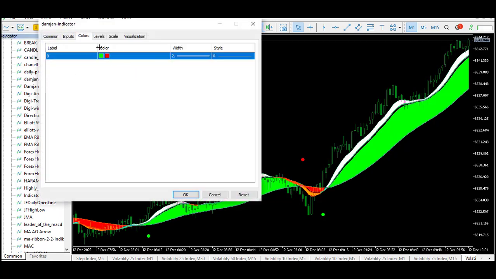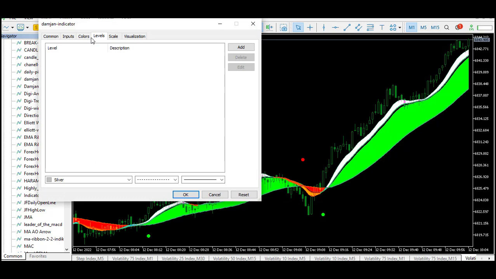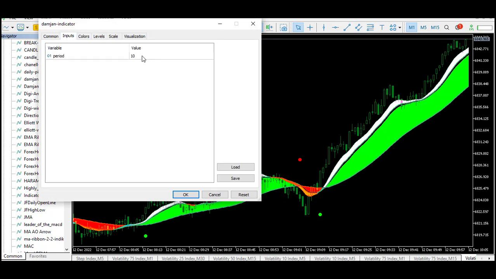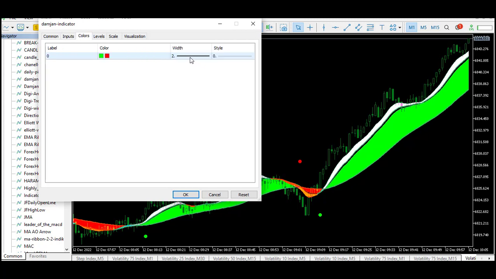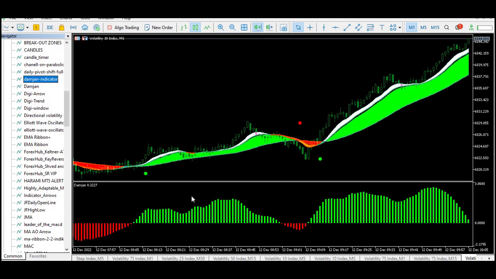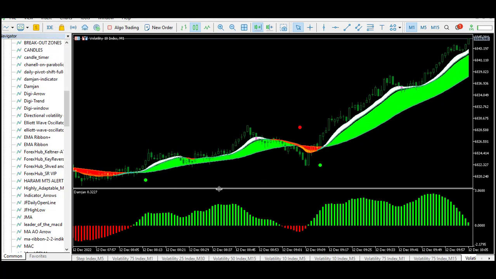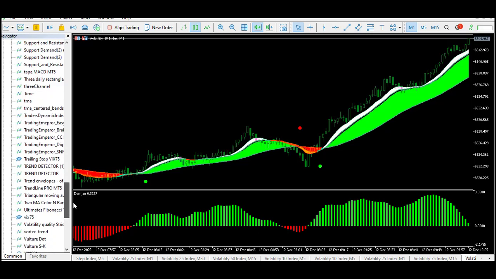This is the indicator, and the level, you can leave it or you add something, but the value, make sure you change it. The value is 50, and the color, I think we are okay with the color. Then increase the weight to 4 or 5, and here's the indicator. And the other indicator I'm going to add is